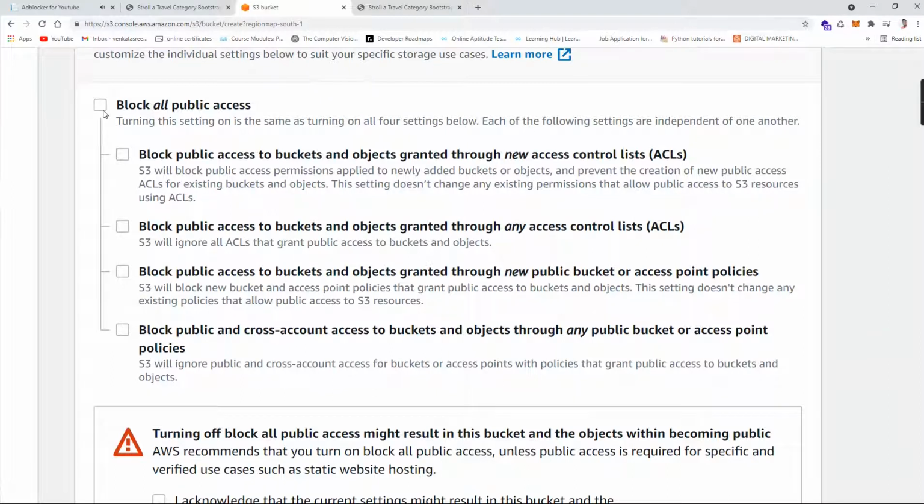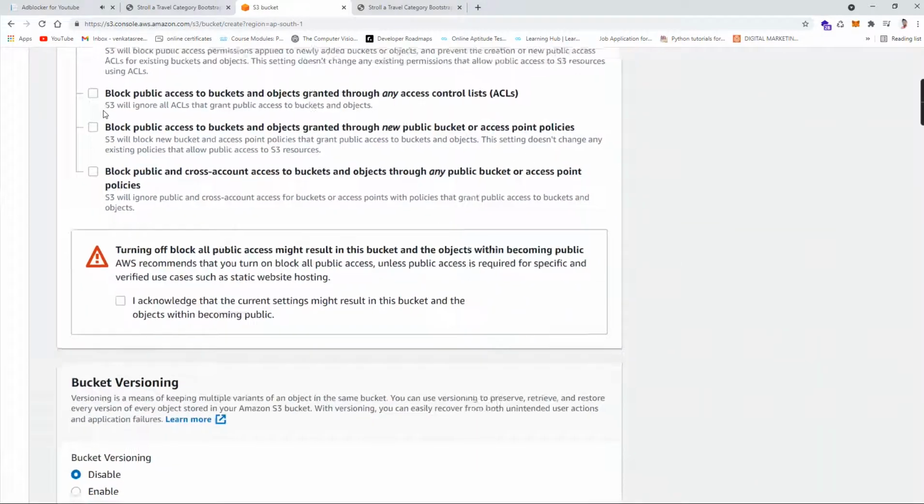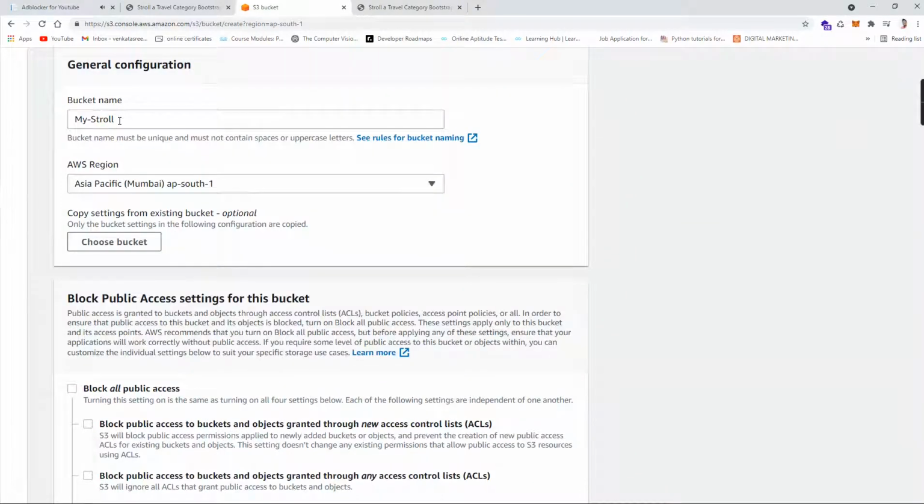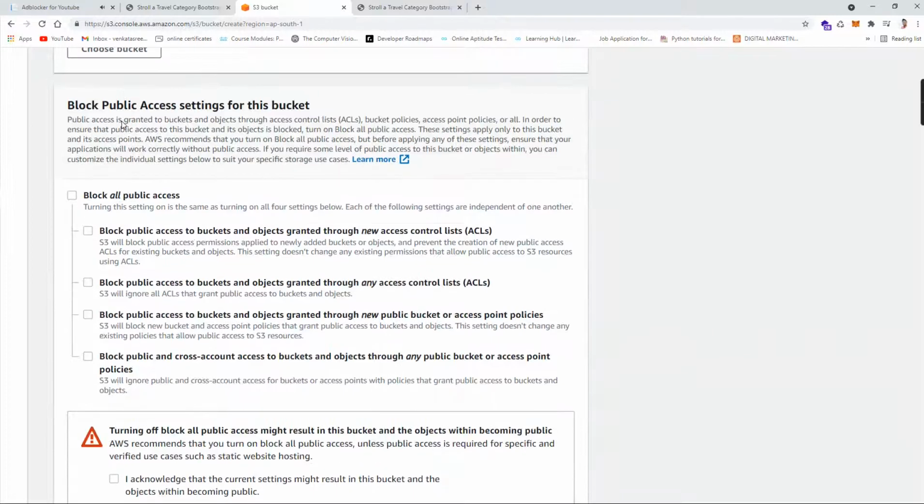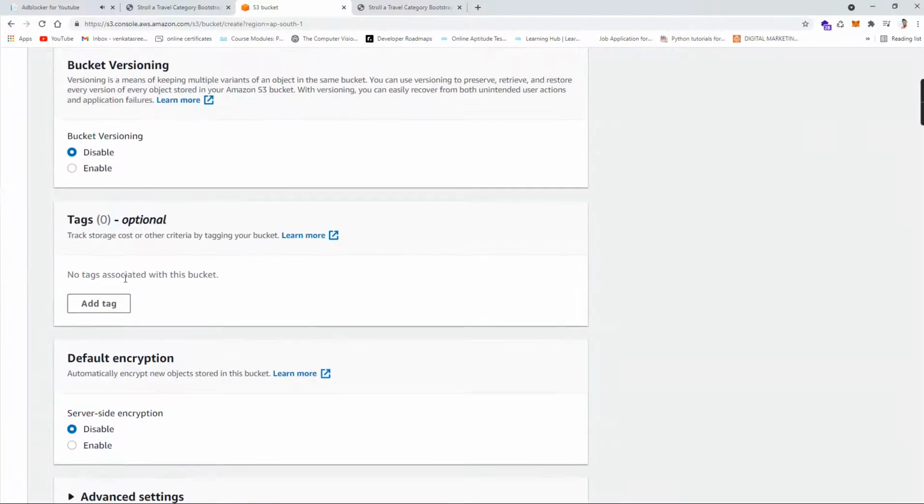Amazon Web Services provides the best security in the cloud market, so it ensures safety. If we untick this block, it will expose the data we grant in this bucket as well. I just want to make this website public, so I have unticked this.